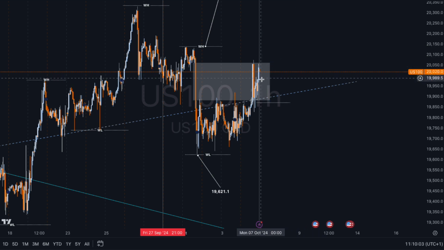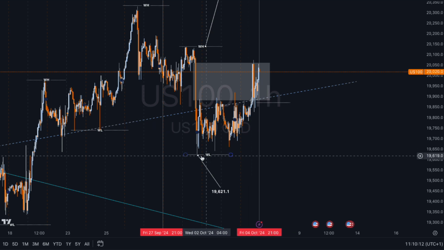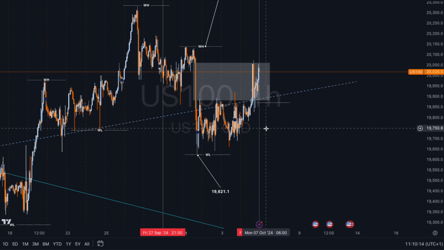So the market comes down on a Monday, right? This is all hypothetical, all assumption, right? Monday comes down, it doesn't really take out a major low like the weekly low. It just comes down a bit. Then it pushes up again on the Tuesday, right? Then it comes back down again on the Wednesday, right? So then we get the FOMC meeting, right? And then it pushes up again, right? And then on the Thursday the CPI report comes out, right? So between those 3 days, we need to see what is the highest point and what is the lowest point,